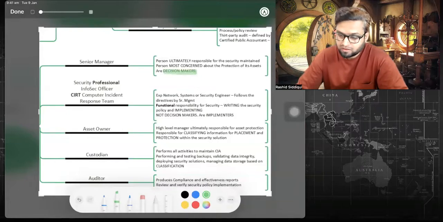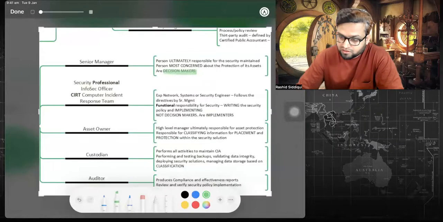So you have some information security policy which talks about data protection, system redundancy, access rules, access control lists. The responsibility of implementation of those things is with security professionals, basically, right? They have the functional responsibility for security, writing the security policy and implementing it. The implementation will be done by engineers, but security professionals are kind of a bridge between the people who draft security policy and the people who actually implement security policy, right?